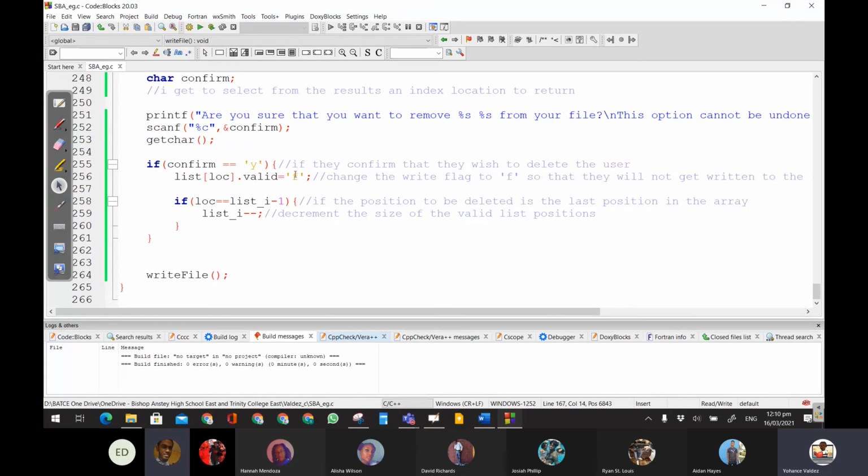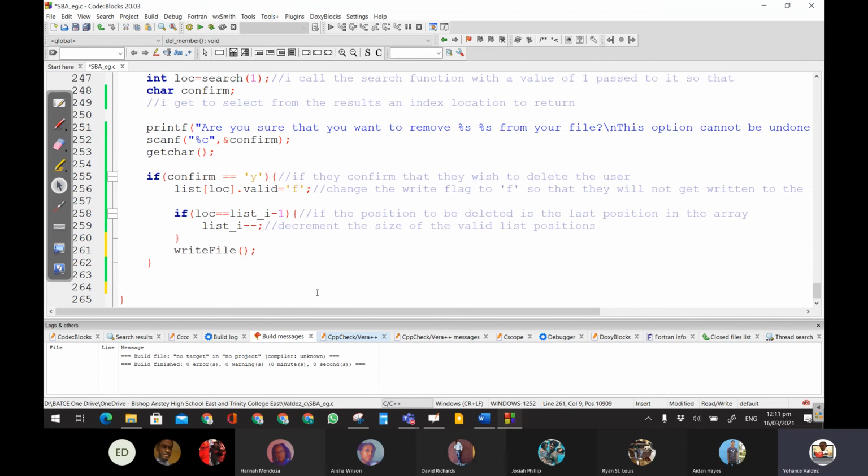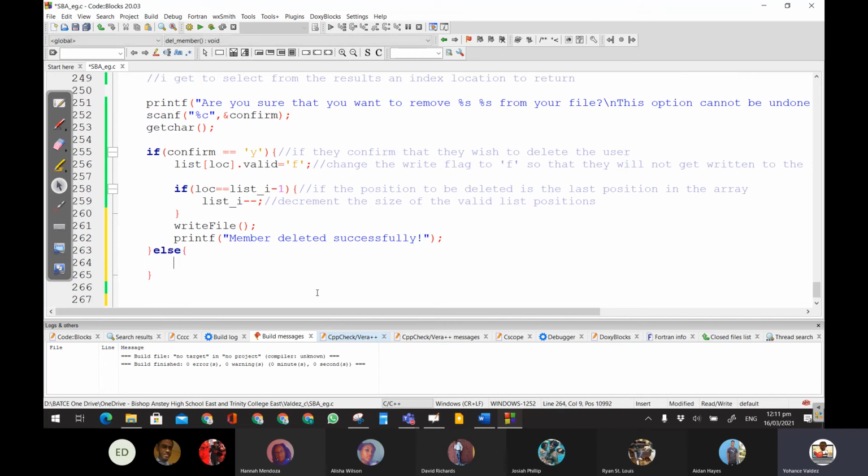So we could just clean up this piece of code and say if confirm is equal to yes, then change the write flag, do what we have to do if it's the last position, and I could put the write file inside of here, and then I could printf "member deleted successfully", right? And if the person gets cold feet and decides that no, they don't want to confirm removing the person from the file,